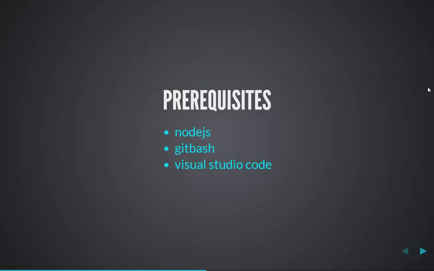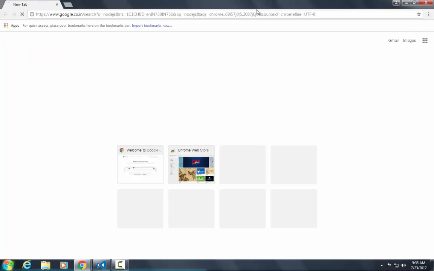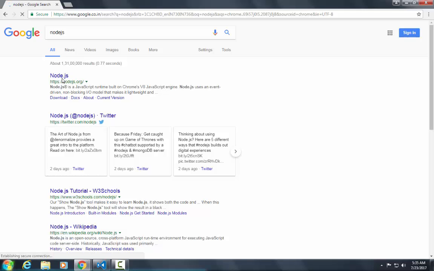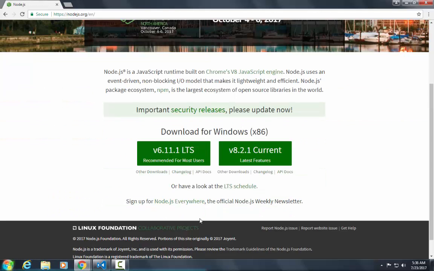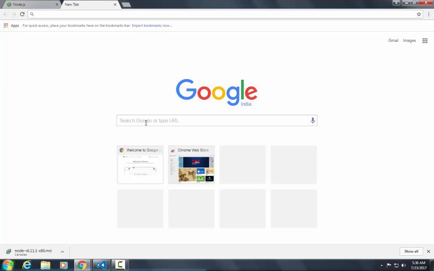Angular application code. So first we have to open a browser, type Node.js. The first link will open the Node.js website. Click on that. Here you see two download options. Just click on this one, that is long-term support. It is the current version. Just click on long-term support. It will automatically start downloading according to your system need. I am cancelling it because I have installed it earlier before. Second thing is your git